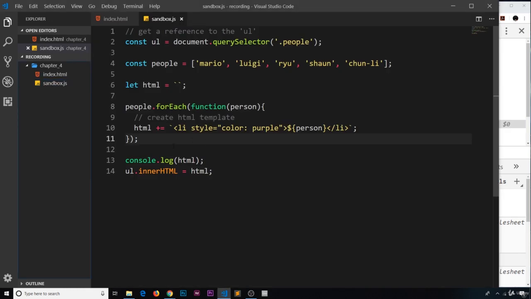So that is just one use of this forEach and a callback function to create some HTML templates for data. We're going to do much more of this stuff later on when we start to work with the DOM and the browser and this as well. So again, don't feel like you have to understand it all now. I just wanted to give you a quick example of how we could use forEach and a callback function